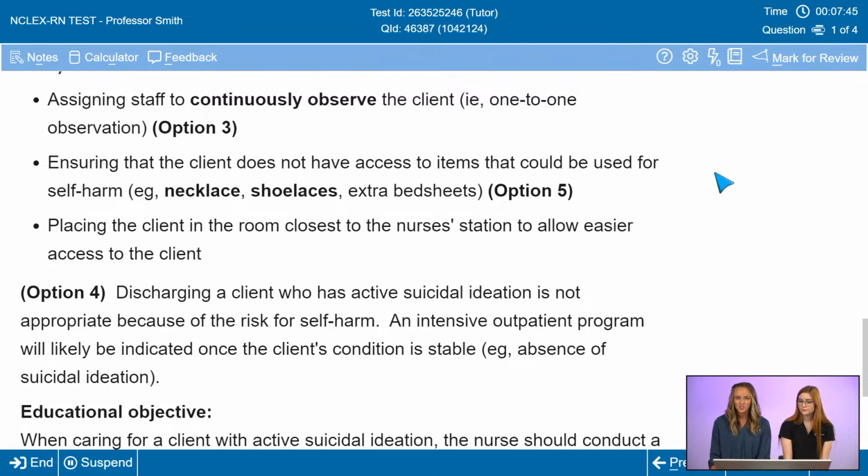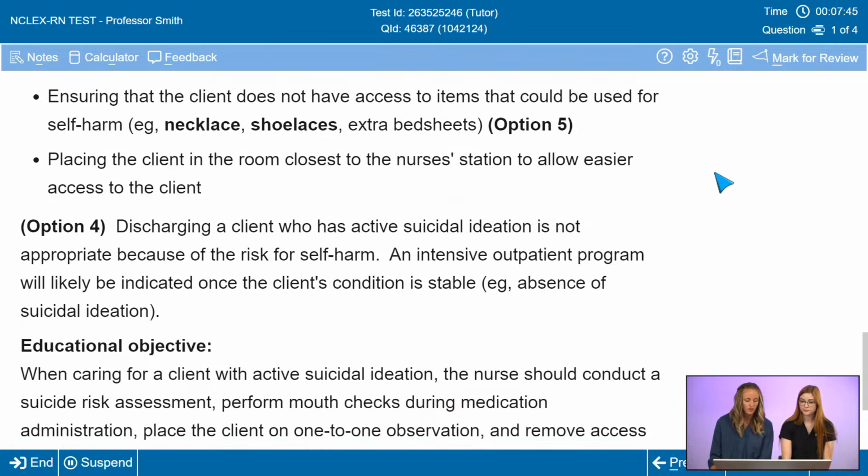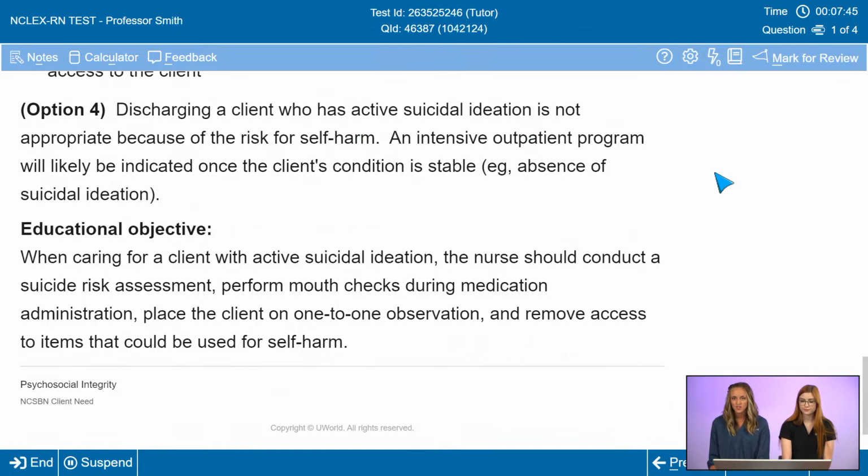This is really important, especially when caring for clients on a medical surgical unit or intensive care unit, places that aren't equipped for safety, as, let's say, an inpatient psychiatric unit would be. And also, if you are assigned as a sitter to a client, it's very important to pay attention to them, because sometimes harm can happen quickly, and so it's important to be vigilant in caring for them. Discharging a client who has active suicidal ideation home for psychotherapy is not an appropriate intervention, as the client right now is in an unstable state and cannot keep themselves safe. So it's important to place them somewhere where they can be observed.